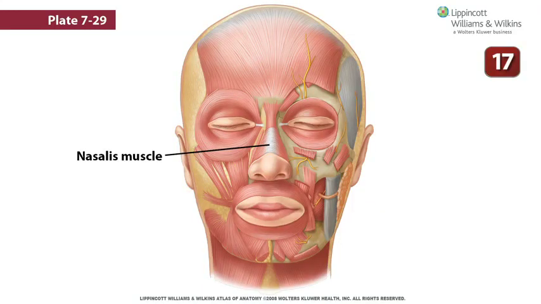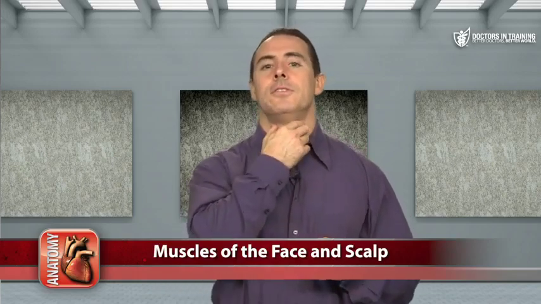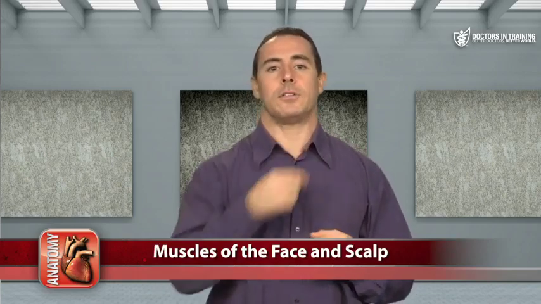The nasalis muscle has an alar portion and a transverse portion that both originate on the maxilla. The left and right transverse portions meet in a central aponeurosis over the nasal bone and compress the alar cartilages to close the nostrils, while the alar portions insert on the alar cartilage and pull them laterally to flare the nostrils. The platysma is a thin sheet of muscle in the superficial fascia of the neck that attaches superiorly along